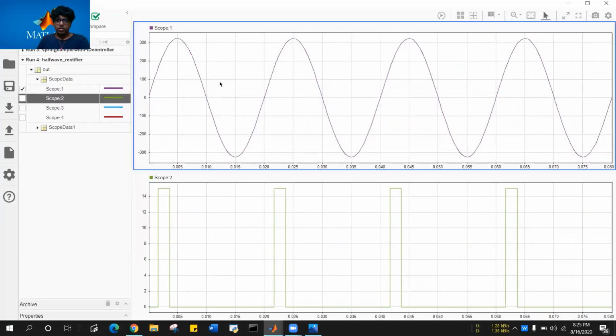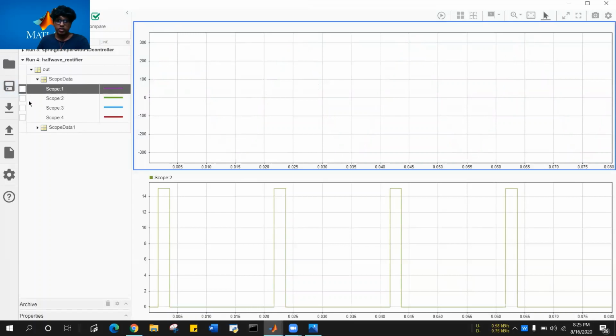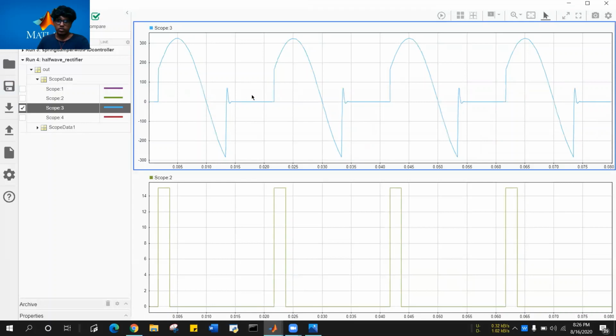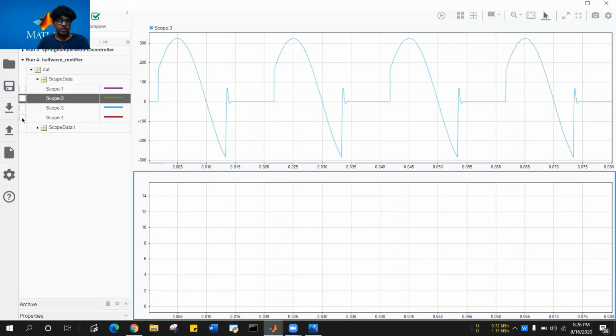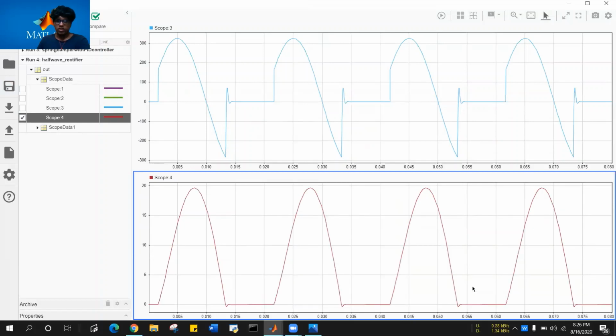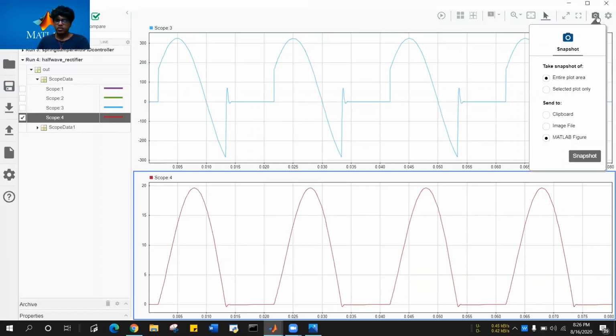Now as you are done with this, so just select this graph. As you can see, for the first one we have done, now we need the third and fourth graph that we got in the scope, right? So when I click on this, the first one is selected by default, so I'll untick it and I'll take the third one. The third graph is here, and then I'll select the second one. You can see it is highlighted, and scope 2 is selected, so I'll untick it and I will select the fourth one. So I'll get the fourth graph, and now I will take the MATLAB figure snapshot.